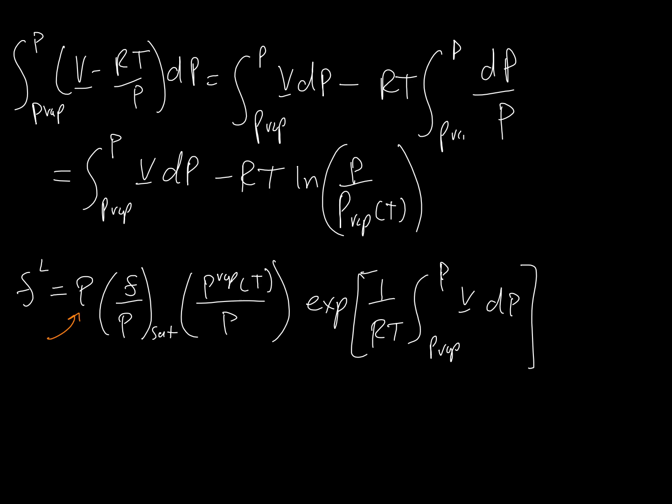This P came from the left-hand side of the equation. This came from step 1. This came from step 3. And this term came from step 3. Just to retrace our steps: the saturation pressure is the same thing as the vapor pressure, and obviously the pressure is the same thing as the pressure. And we get our final result, the fugacity of a liquid